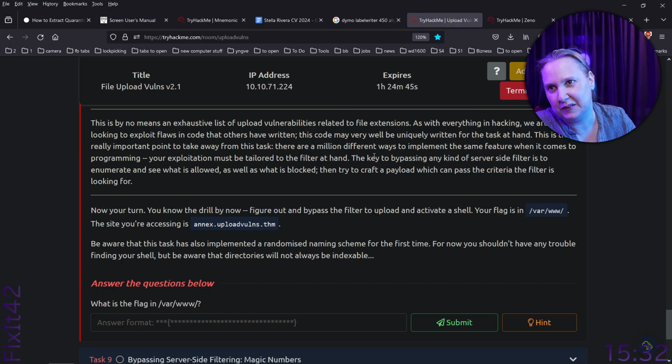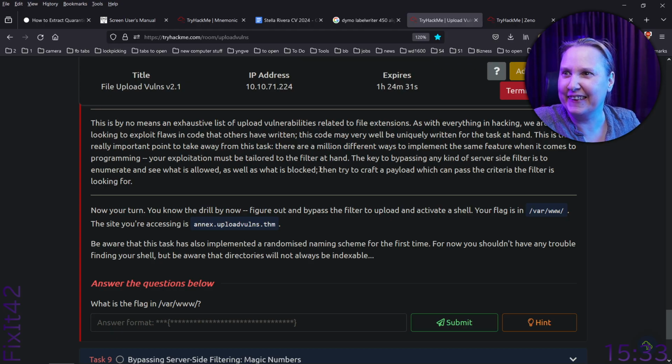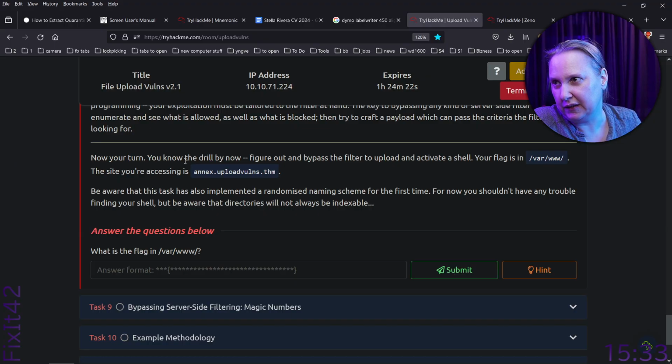The key to bypassing any kind of server-side filter is to enumerate and see what's allowed, as well as what's blocked. I'm just feeling like uploading a million files might be boring. Then try to craft a payload which can pass the criteria the filter is looking for. Now your turn. You know the drill by now. Figure out and bypass the filter to upload and activate the shell. Your flag is in